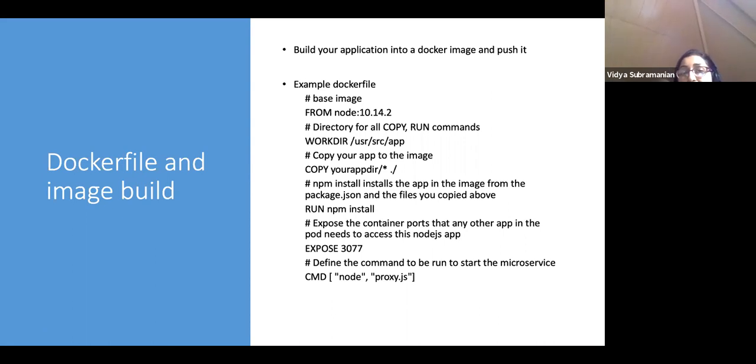All of the details will be called out in the Dockerfile, and it will have commands like the example shown here. And later on, we'll just quickly look at a sample that we will use for the hands-on exercise as well.